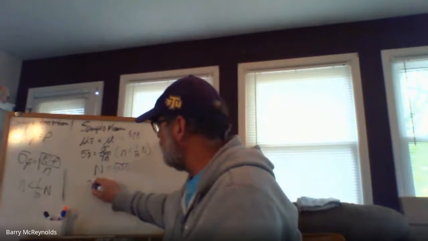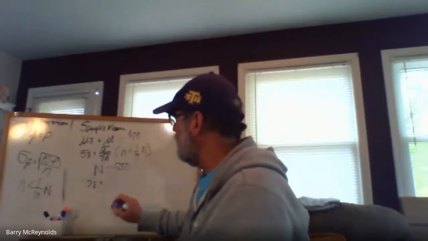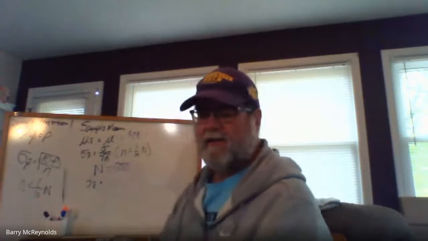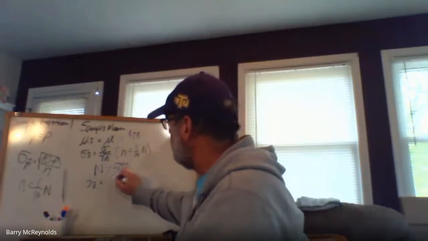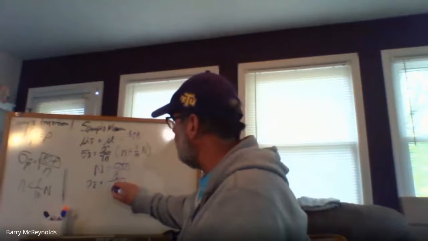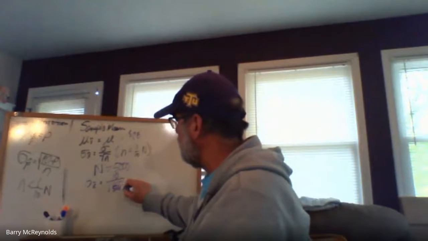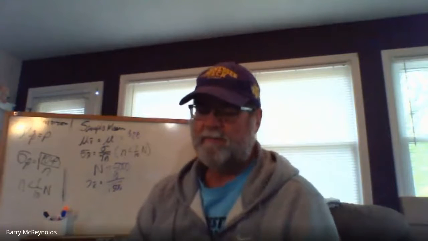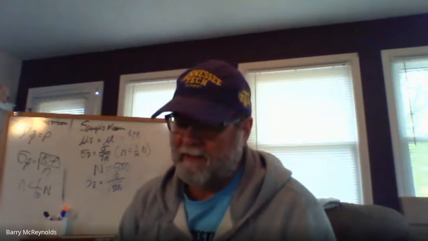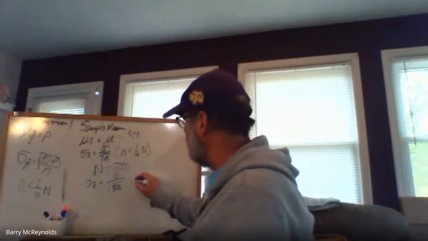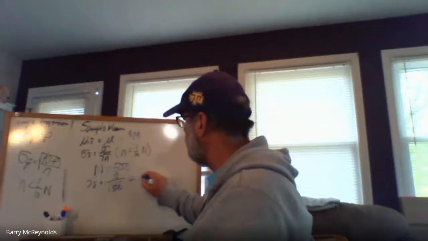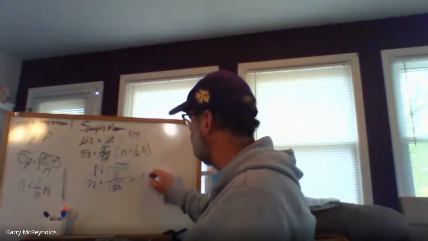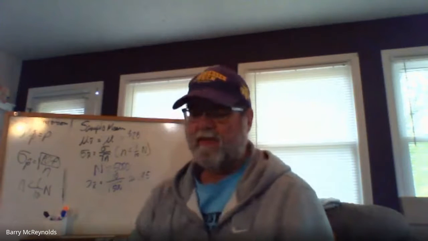So the standard deviation of X bar is going to be the population standard deviation, which was $10, divided by the square root of 500, and that calculates to a value of about 0.45